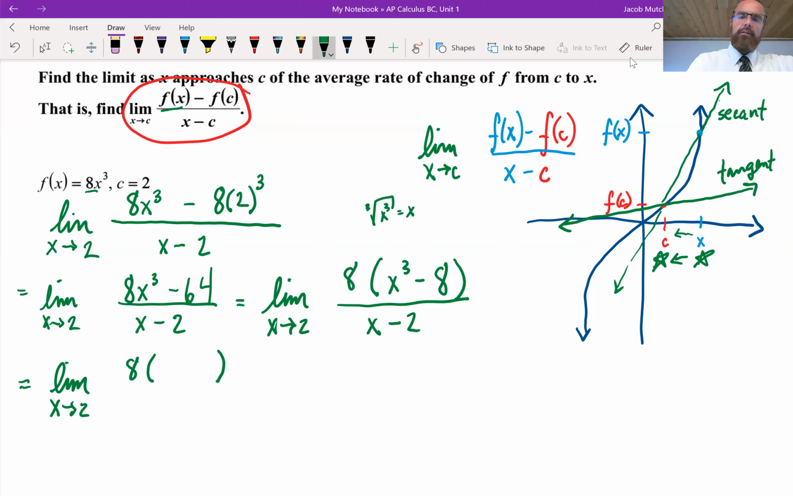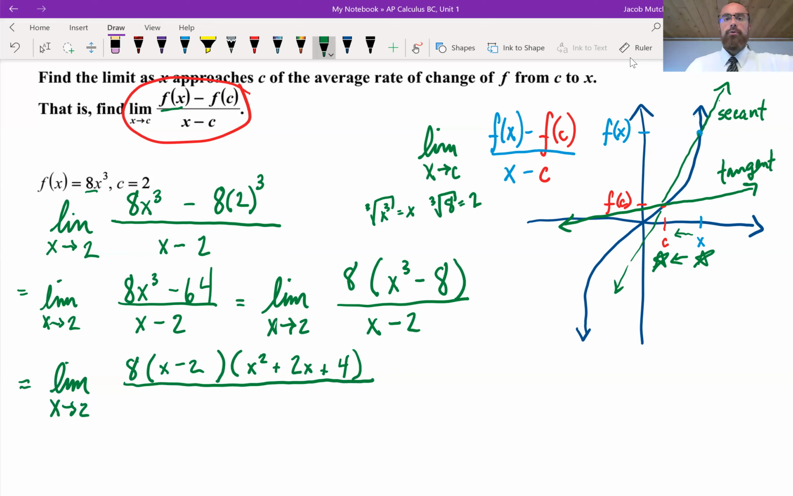Cube root of 8. What's the cube root of 8? What number times itself 3 times is 8? Good, that's 2. So then it's x minus 2, and then the trinomial x squared plus 2x plus 2 squared, which is 4. So again, we're just using that Algebra 2 pre-calculus difference of 2 cubes pattern to factor that x cubed minus